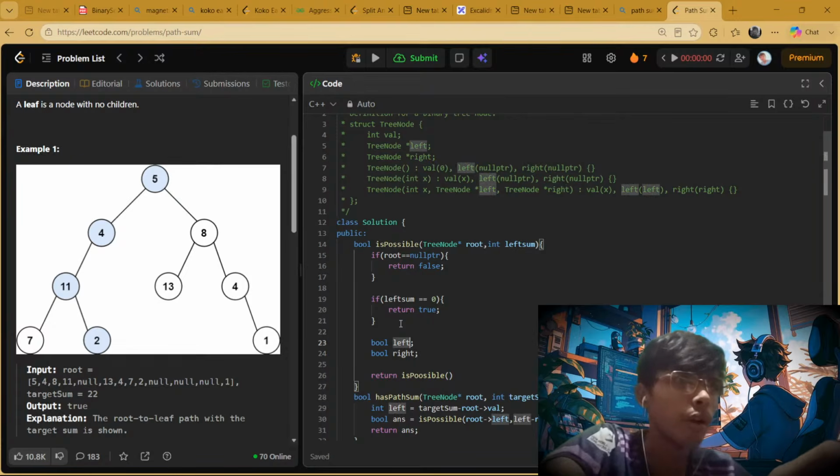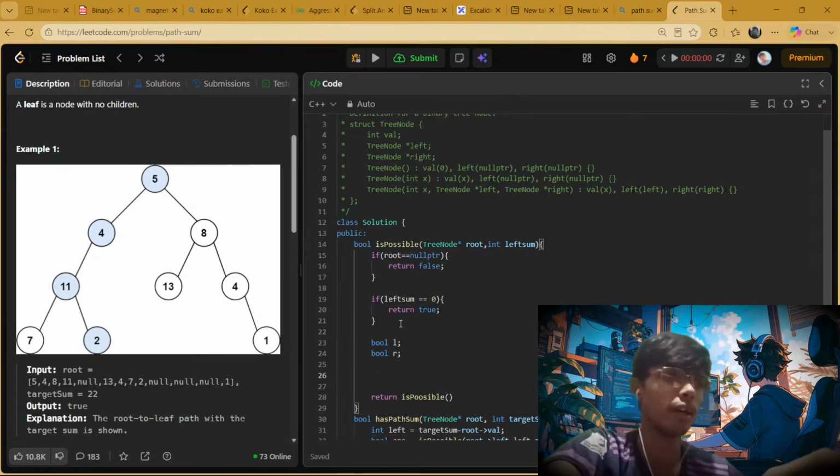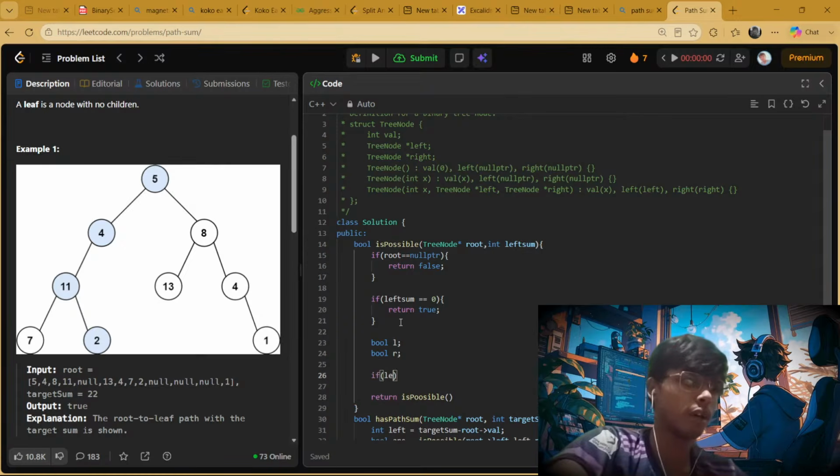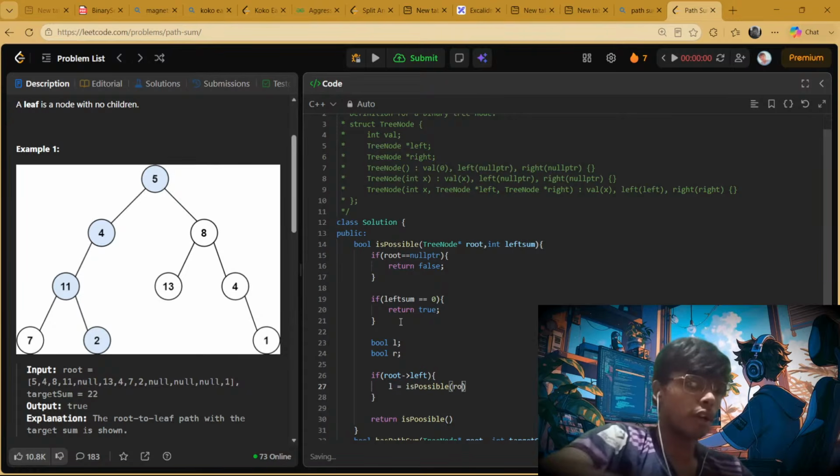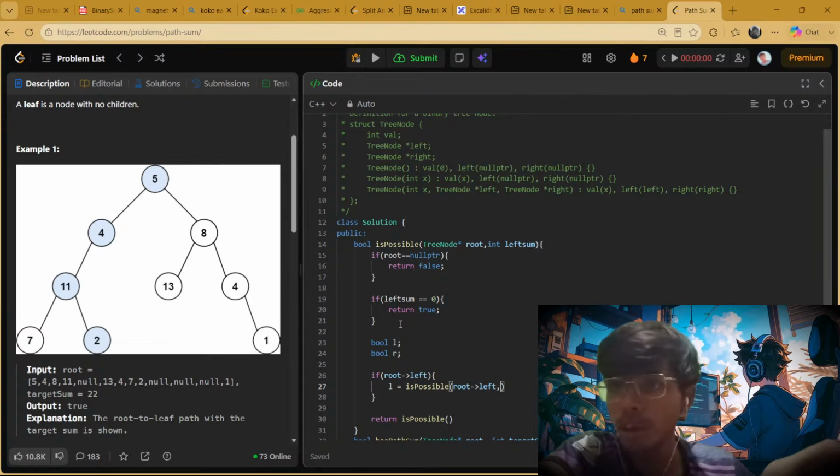या कुछ और नाम से बनाऊं, एल और आर बना लेता हूँ, ये मेरे को आगे बता देंगे। तो मैं ये बोलता हूँ कि अगर रूट का लेफ्ट एग्जिस्ट करता है तो इधर के साइड चले जाना और एल के अंदर इस पॉसिबल को स्टोर कर देना। इस पॉसिबल में रूट के लेफ्ट में चले जाऊंगा, और वैल्यू क्या होगी।